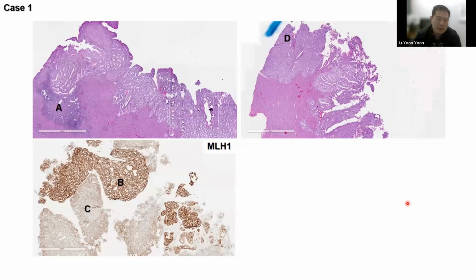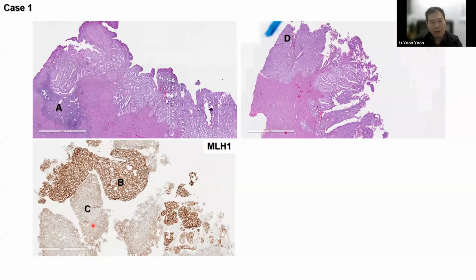Anyway, going back to this case, one of the reasons I brought this case to this forum is that I looked at different regions within the hysterectomy, which is the top, as well as the biopsy. Going back to the hysterectomy, I found this little region where there was histologically normal endometrium, with the neoplastic endometrium on top of it. And here we have that area with the spindle morphology where it's just full-out carcinoma. Then B and C were areas in the biopsy where I saw intact expression of MLH1 in B, and C where it was deficient in MLH1.